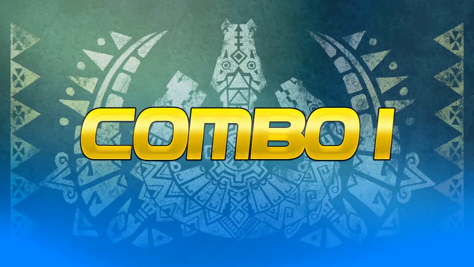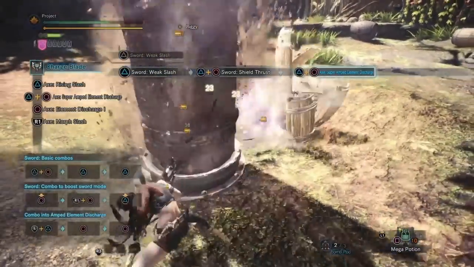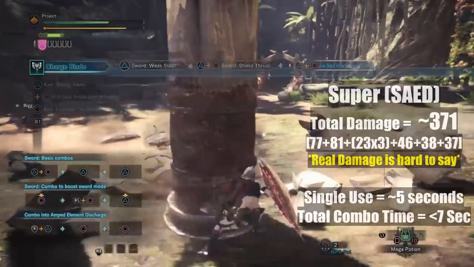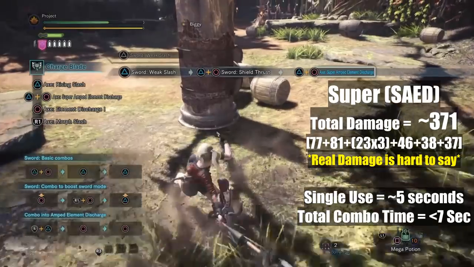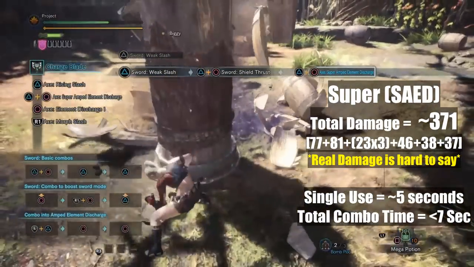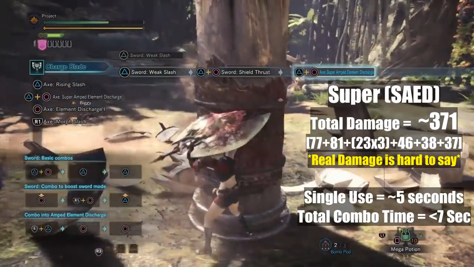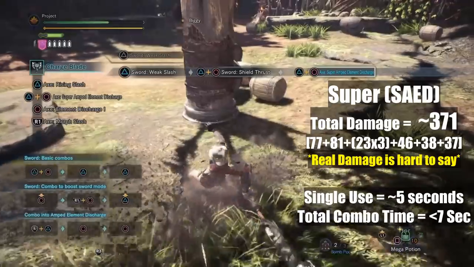Combo 1. Let's not beat around the bush, the super spam is going to be the best game plan you got for DPS. It simply deals too much damage at the small price of costing you 5 phials, which can easily be replenished. As mentioned, you can activate it from guard point or getting hit while having axe mode out, but the general way to go into it is this combo you see here when you have the shield charged